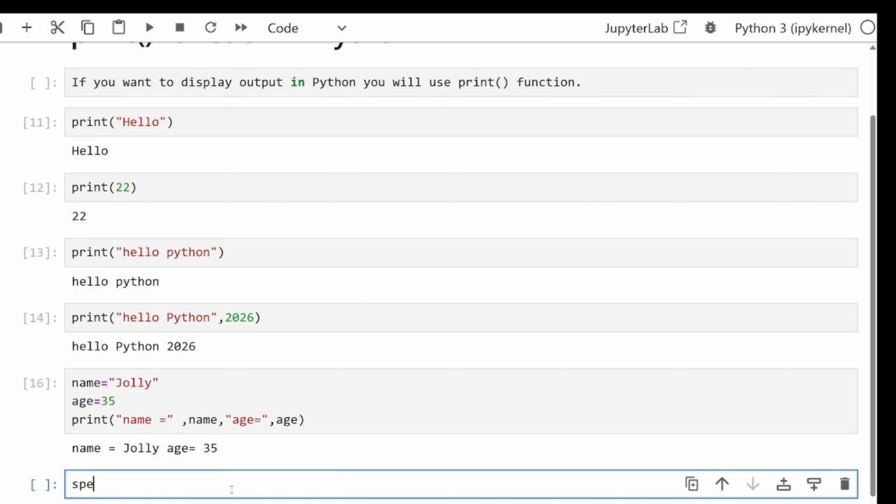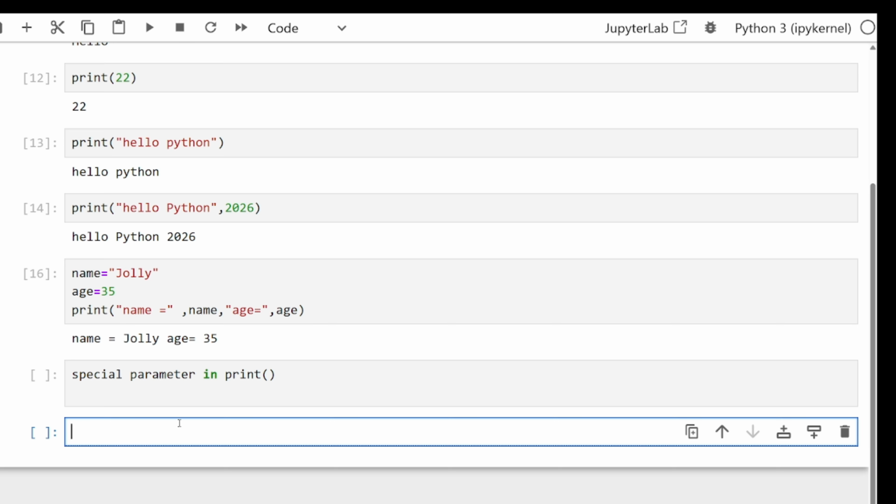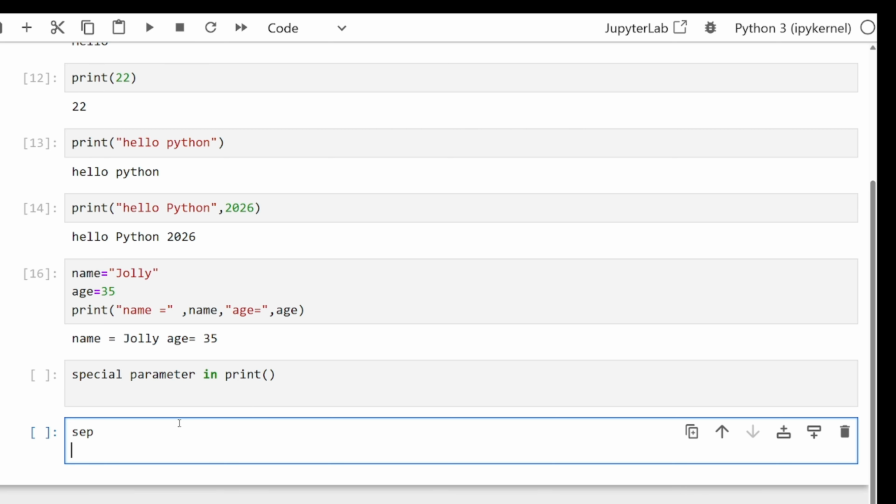Now we will see the special parameters in the print function. We have two types of parameters. One is called sep, that is used for separator, and one is called end, that is used for the end of the line.